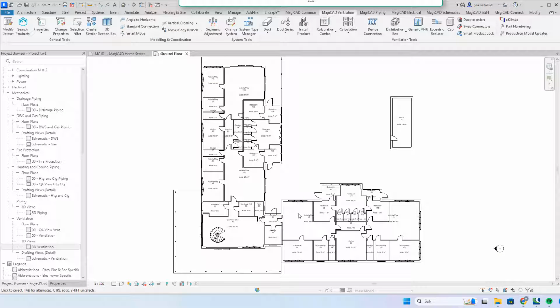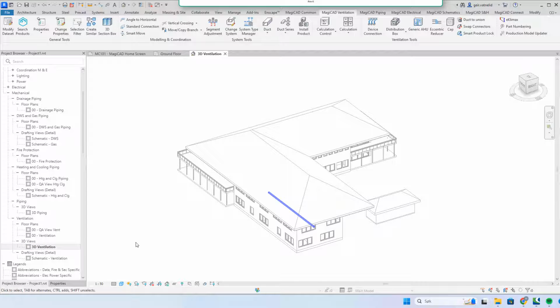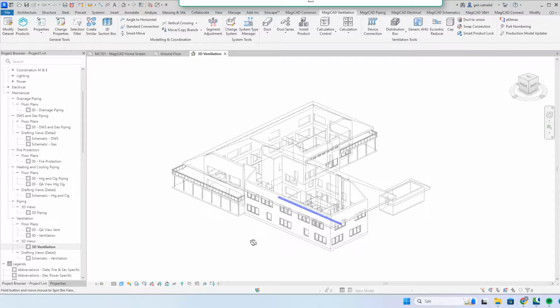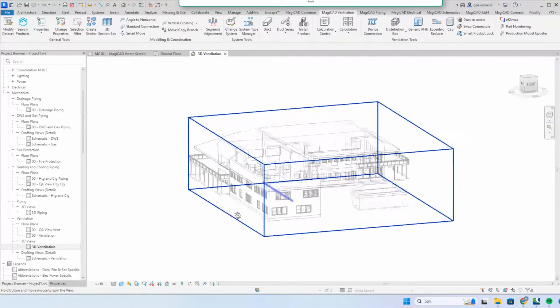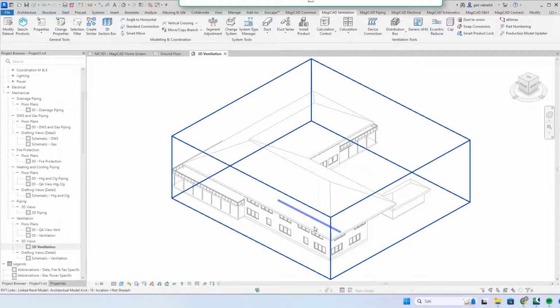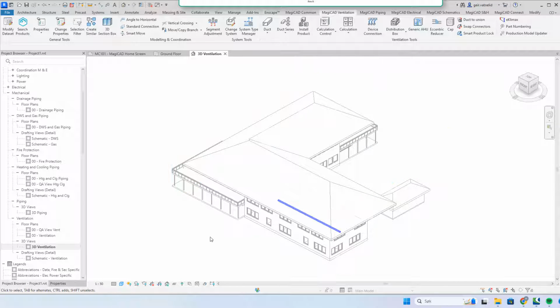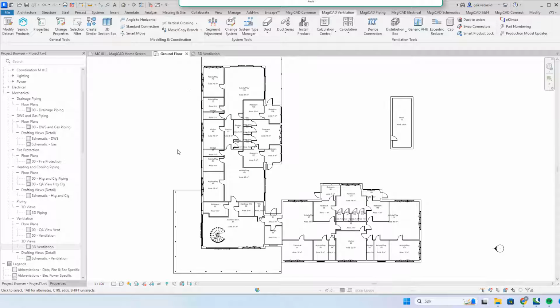So what we have to do to see that is to either draw it in a way that we are able to see it in this floor plan, or we can just have a look here. If we go down to ventilation and the mechanical here, we have ventilation, 3D ventilation. Double click on that, we can see this. There is the duct we just have drawn, modeled up. So if I go back to the ground floor view,